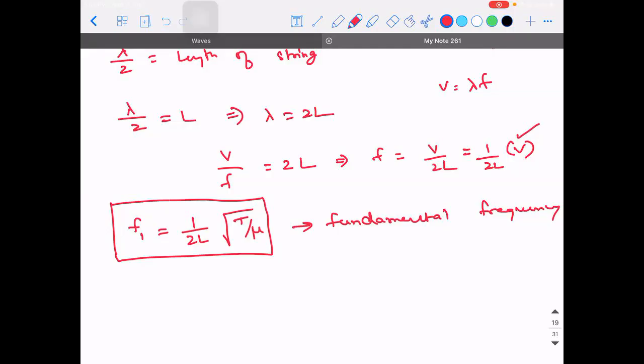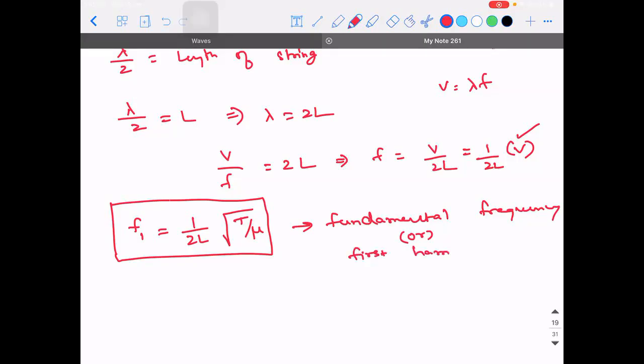Sir, doubt. So this will tell the frequency of a string, sir. It will tell the frequency of the sound that is coming out. Yes. It will tell the frequency with which the string is vibrating. And it varies from instrument to instrument, right? Yes, it varies from instrument to instrument, from different strings. Within the instrument itself it will vary from string to string. That also I'll show you. That's why I told you I'll show you practically.